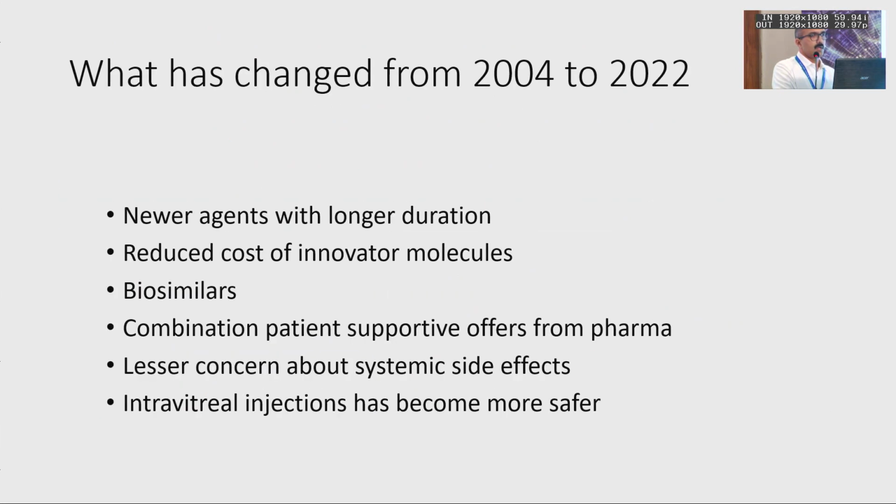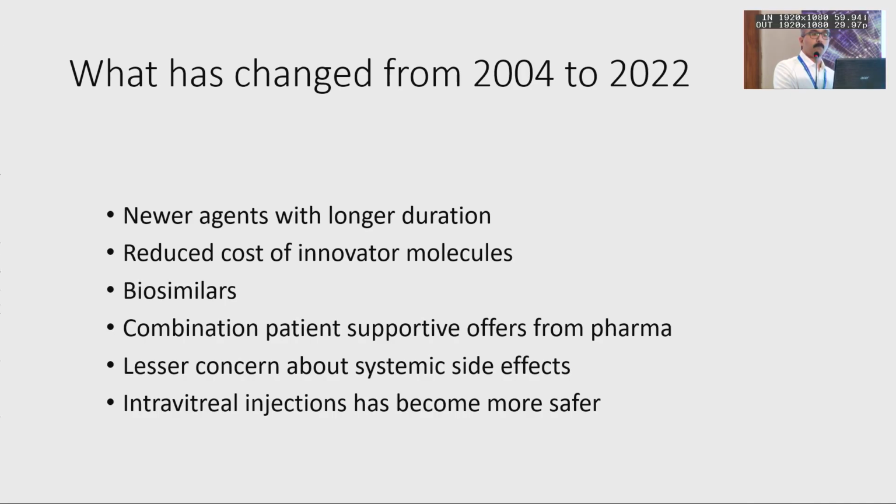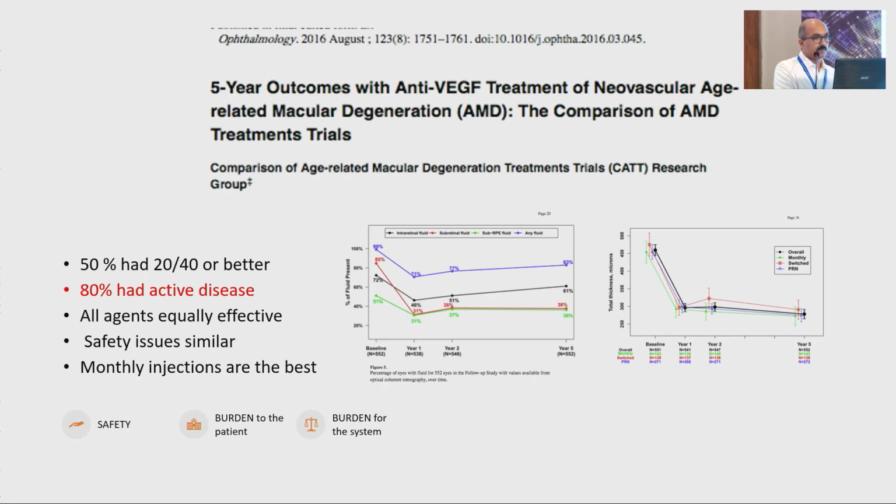So what has changed from 2004 to 2022? Newer agents with longer duration have come in. There are reduced costs of innovator molecules. Biosimilars and patient supportive offers from pharma companies are bringing the cost of innovator molecules down. Now we have a lesser concern for systemic side effects, and intravitreal injections are becoming